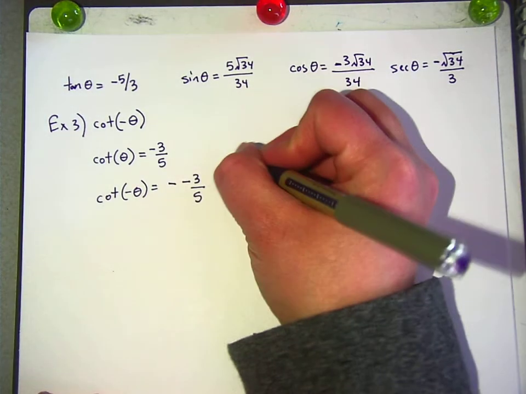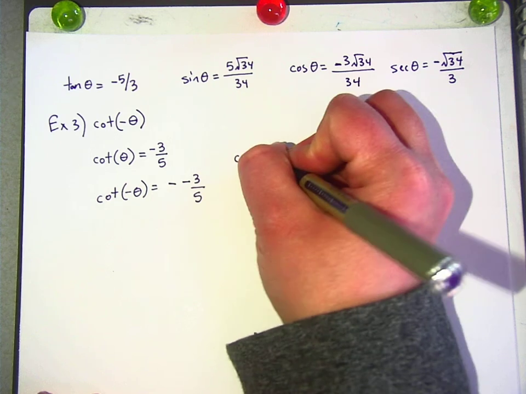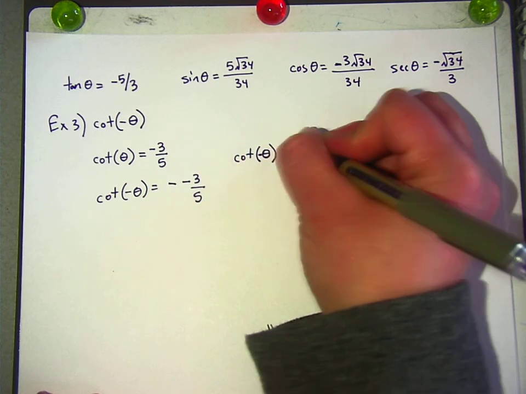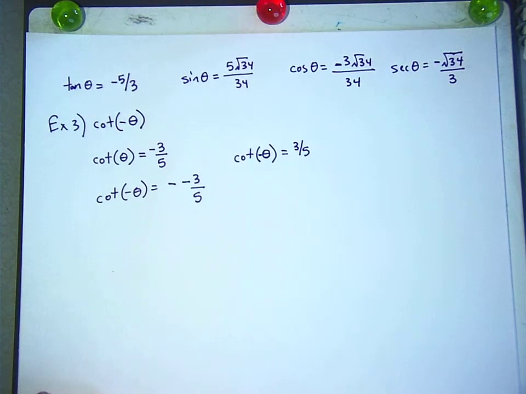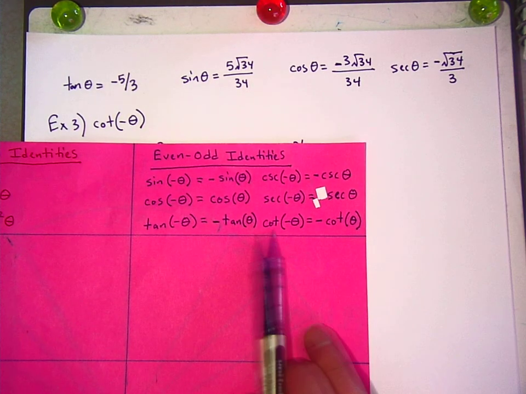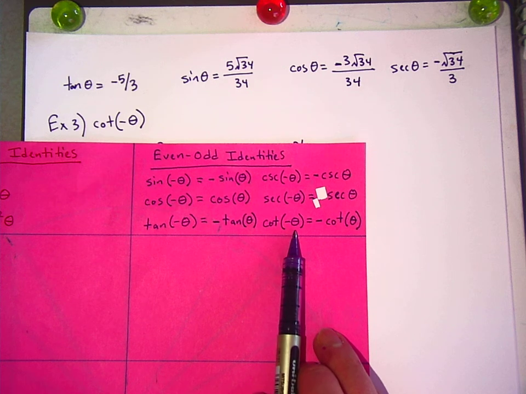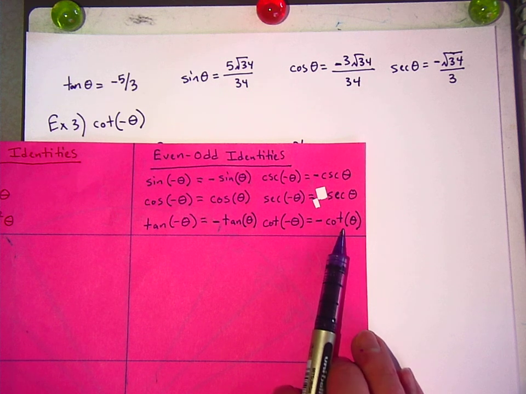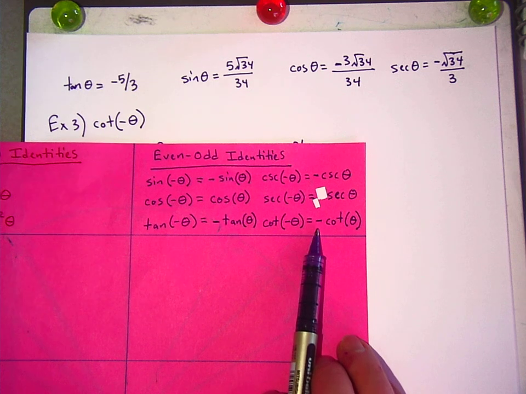So you leave the negative in? No, I'm just showing my work. This was a negative theta equals positive 3/5. I thought the negative got pulled off. What negative? Like, you know the negative 3/5 right there? Yeah. And when you wrote it down, we took the negative off and just put it in front instead of having it be 2. Okay, so this formula, what this formula says, and these are kind of hard to understand just looking at them, right? What it says is if you're trying to find the cotangent of the opposite angle, you take whatever the cotangent of the original angle is and you just put a negative in front of it. And since it was already negative,